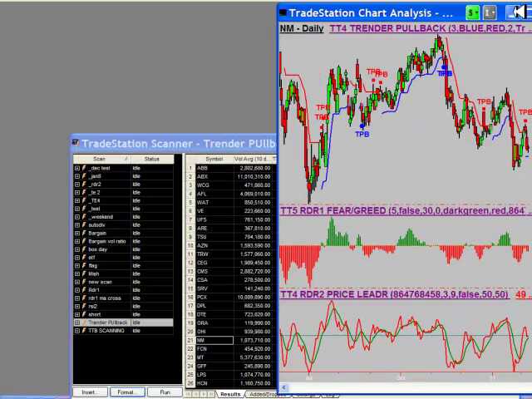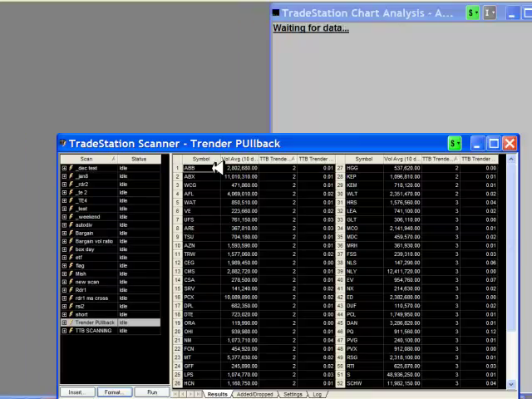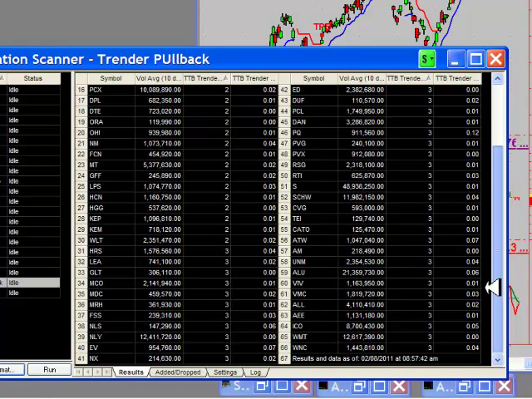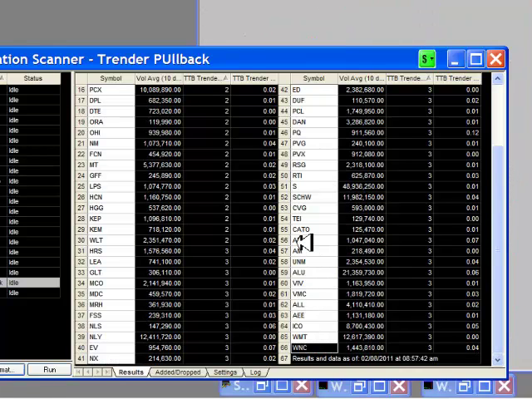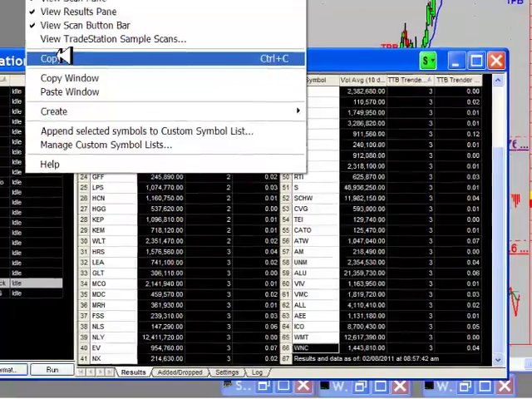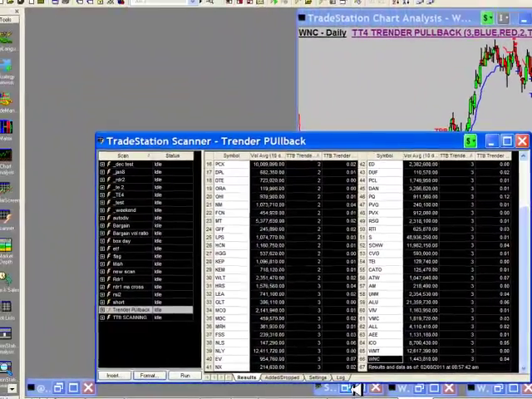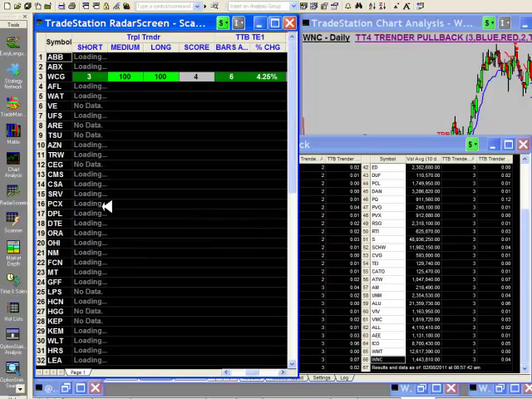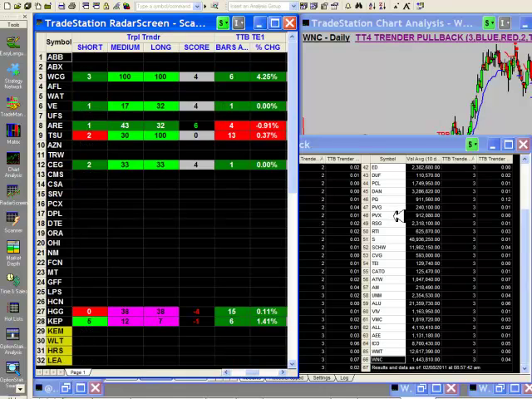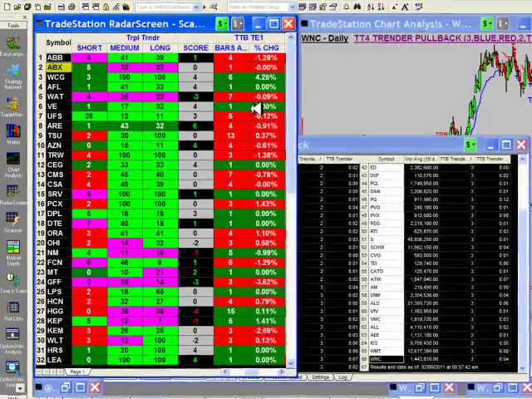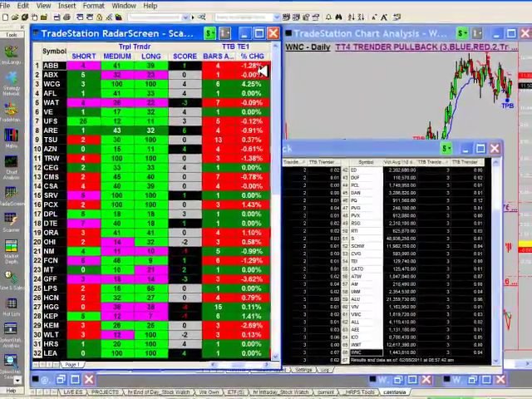Now if we wanted to take this list of symbols and copy them onto our radar screen, we simply click on the first one with the shift button down, click on the last one with the shift button still down, right click, copy, and then we can open a radar screen and paste, and the entire list of recent trender pullback symbols in the New York Stock Exchange are now loaded onto my radar screen. And I happen to have all of the Sentry Toolkit tools loaded onto this radar screen,